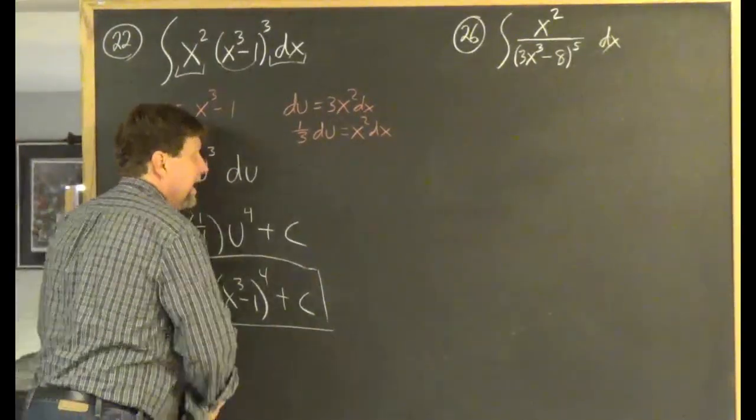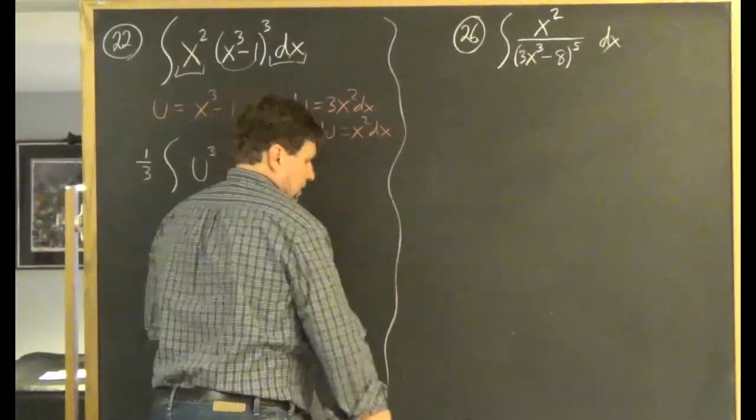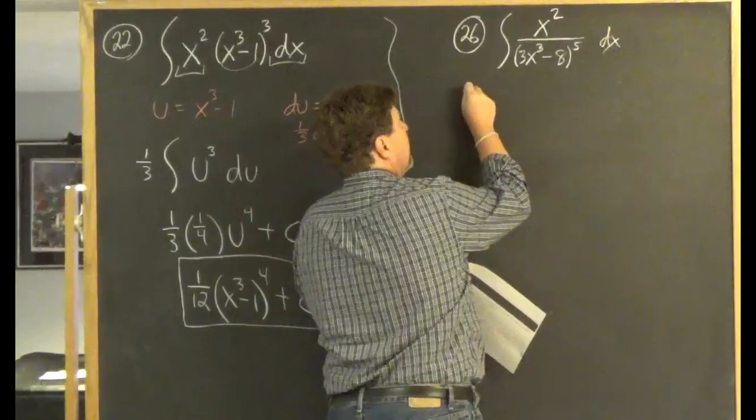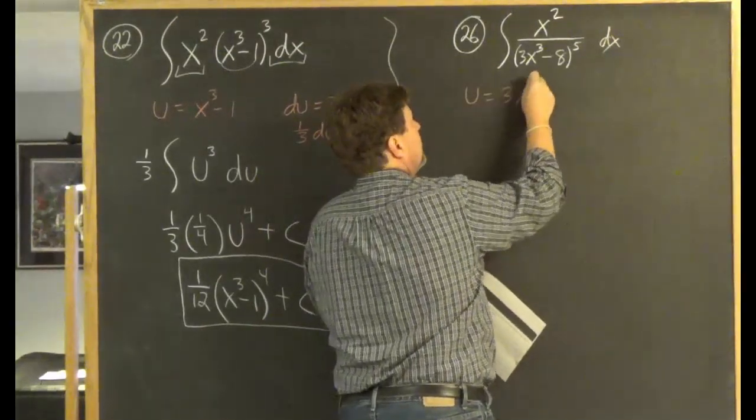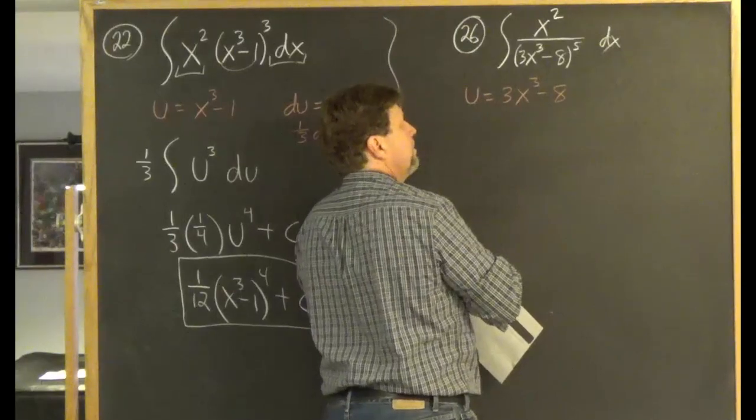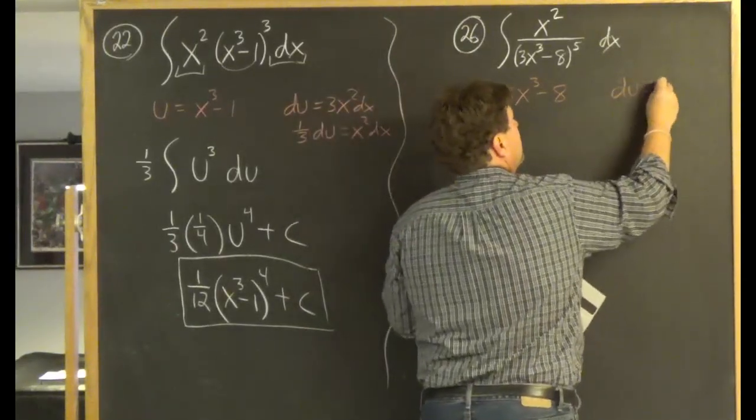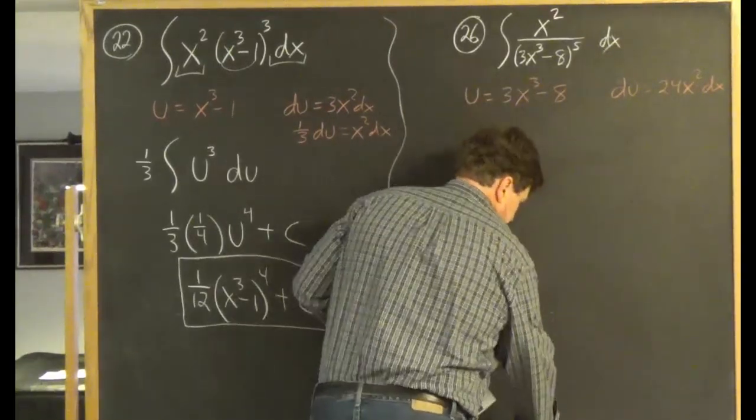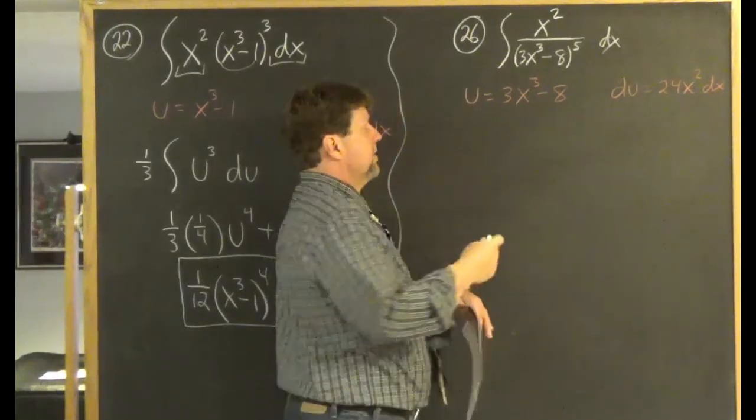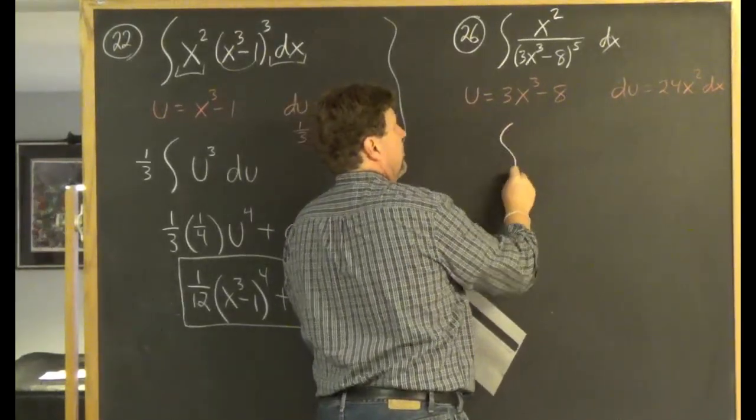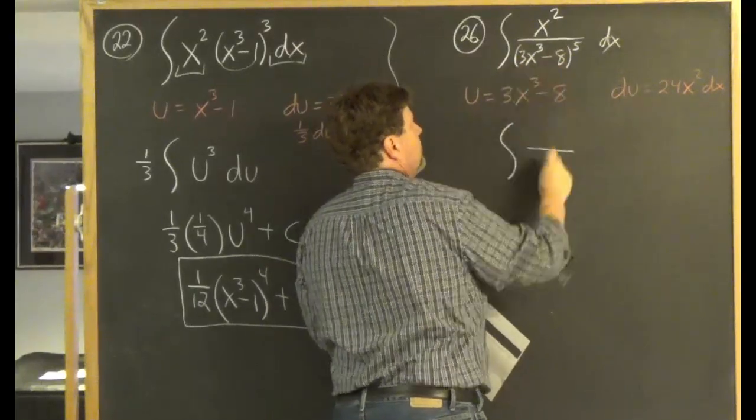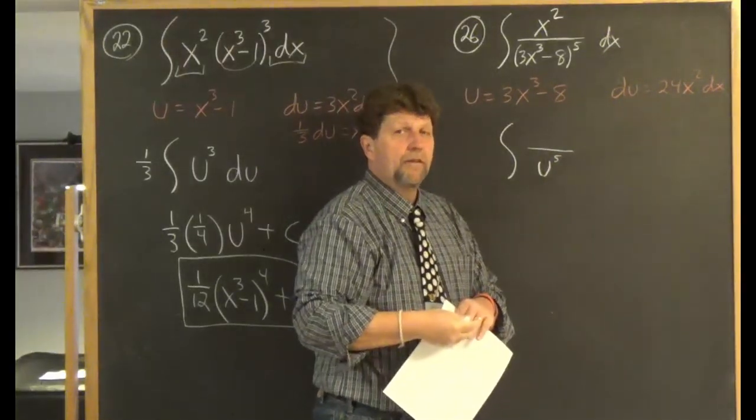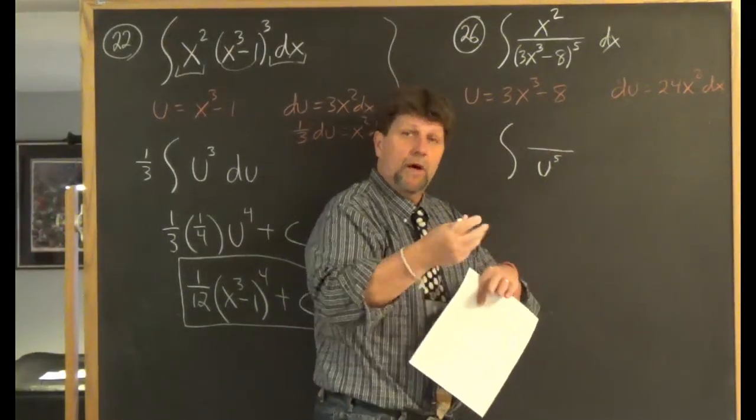Number 26. Well, number 26, I would start off by letting u equal what's inside the parentheses in the denominator. So u is 3x cubed minus 8. du, the derivative of the u statement, is 24x squared dx. So here I go substituting. Remember, I always take care of my u sub first. So here's u, so my denominator is u to the 5th. And then I look at what I still have to take care of after I do that u sub. Well, what I have to take care of